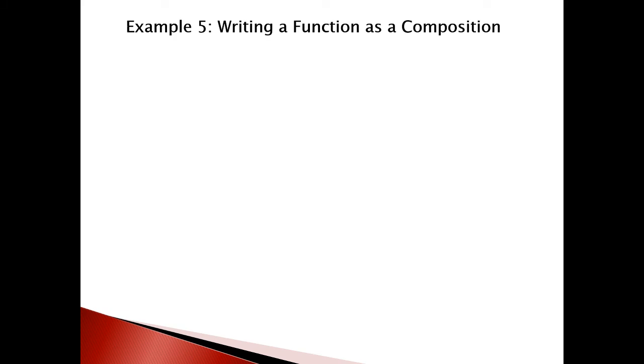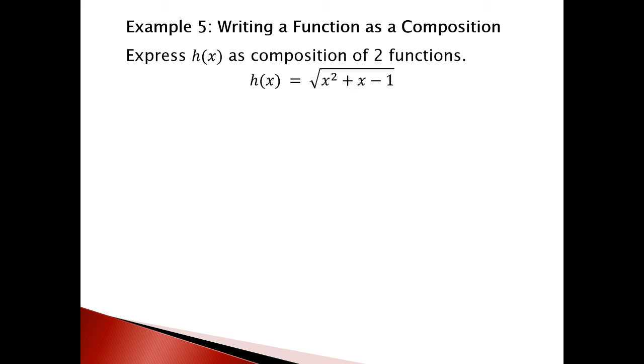Then in this example we are going to write a function as a composition. Here we are going to express h of x as a composition of two functions. Our h of x is equal to the square root of x squared plus x minus 1. So let's move to the solution. If we take f of x equal to the square root of x, and g of x equal to x squared plus x minus 1,